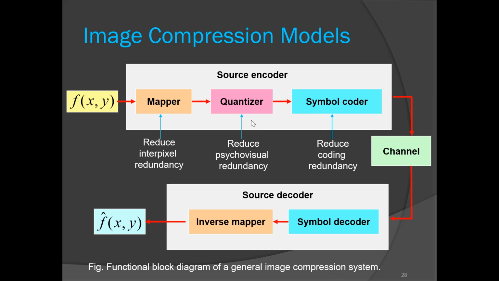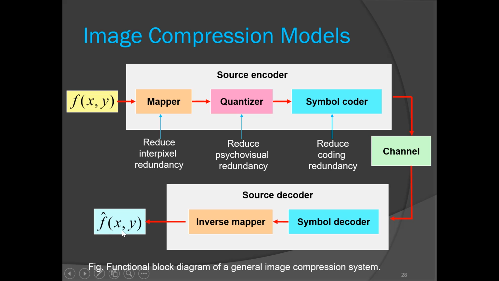Now let us discuss the general image compression model. An image compression system is composed of two functional components, which are known as the encoder and the decoder. The input image, which is represented by f of x y, is fed into the encoder, and after encoding we get the compressed data for storage and transmission. The decoder module performs the complementary task of the encoder. It will reconstruct the image from this compressed data, and the reconstructed image is represented by f cap